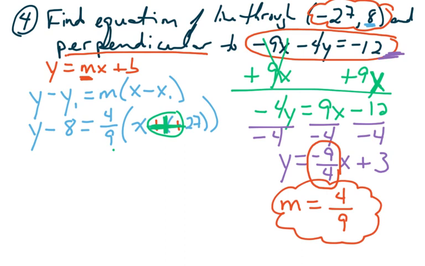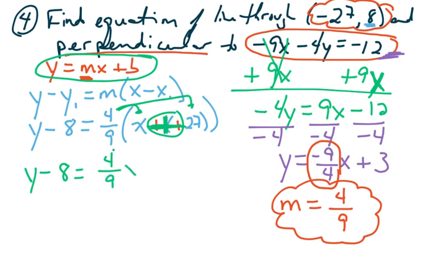If they then wanted slope intercept form, which is this form up here, we then have to simplify this. In order to do that, we have to get rid of the parentheses first, which is done by using our distributive property. So we'd have y minus 8 is equal to 4/9 x plus, and now I have to take